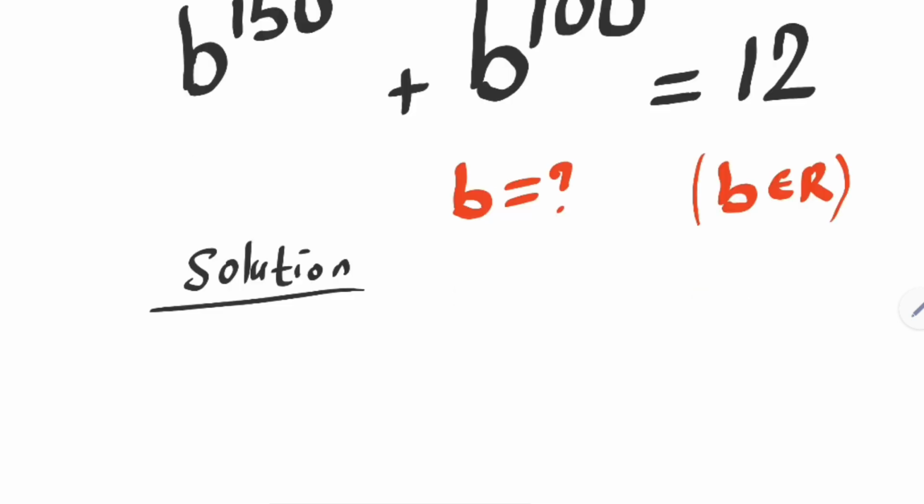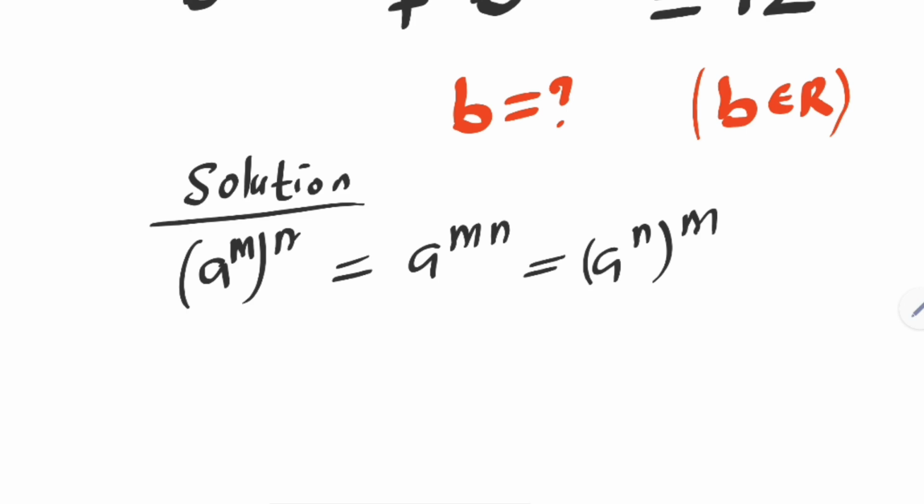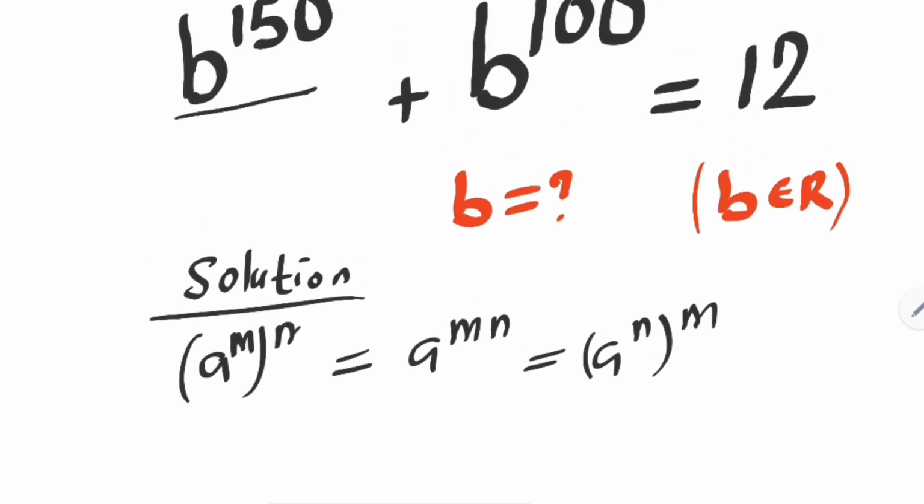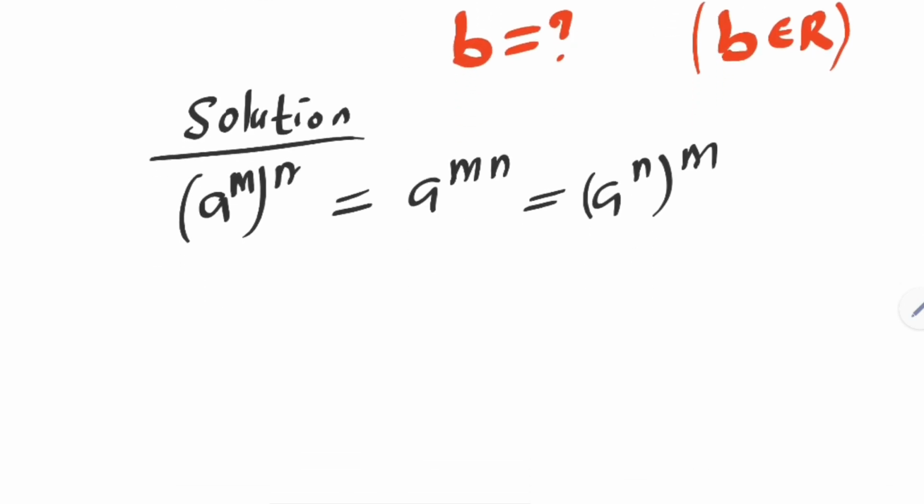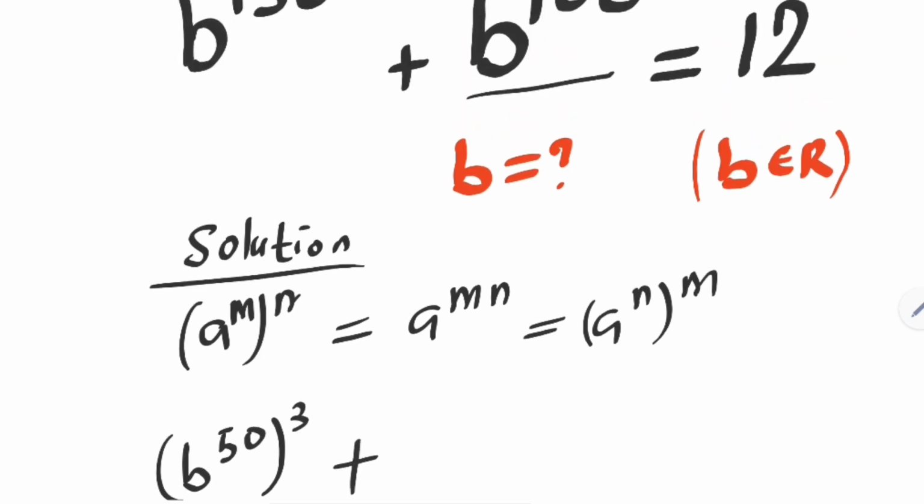If you have a raised to power m to the power of n, it is equal to a raised to the power of mn. This is equal to a raised to the power of n to the power of m. Then this b raised to power 150 can be written as b raised to power 50 to the power of 3, plus this b raised to power 100 can be written as